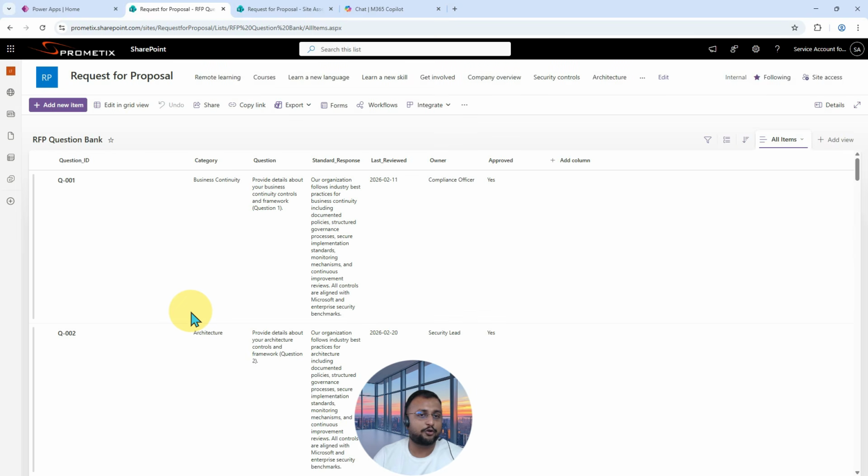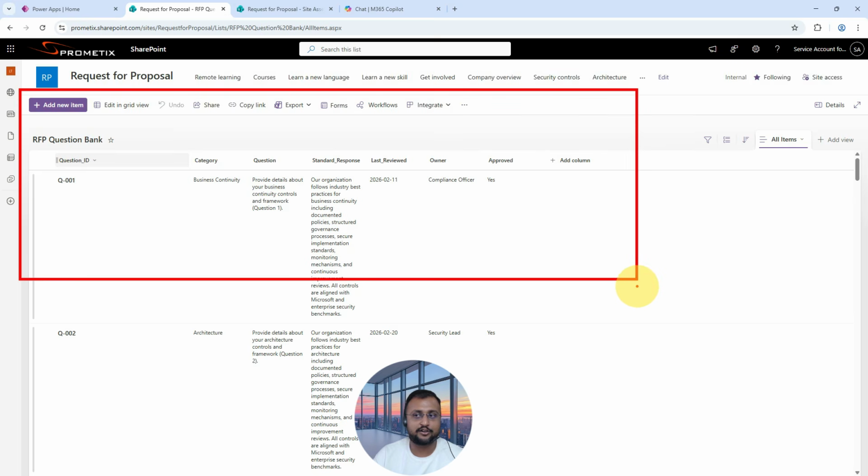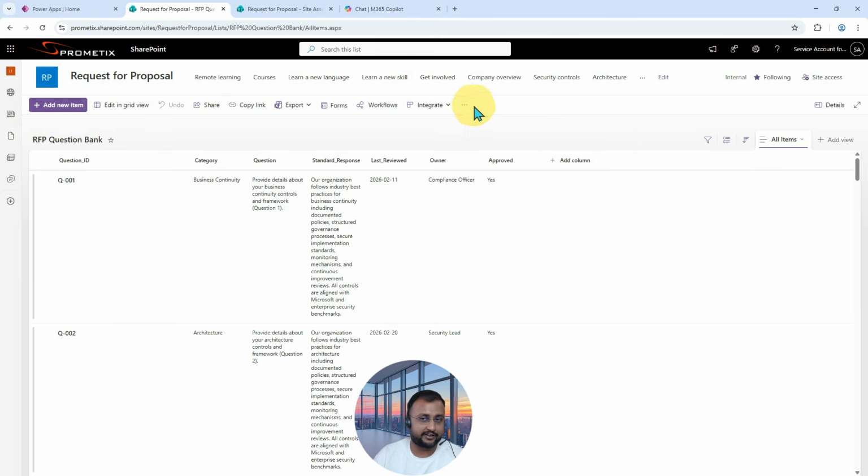Okay. Now when you go here, right now you can see that there is no such option of any kind of SharePoint Copilot over here. So right now the agent capability is not available at the list level. Hopefully in the future, very soon it will be available for the list as well. But unfortunately, right now at list level, no such functionality is available as we have just talked about at the